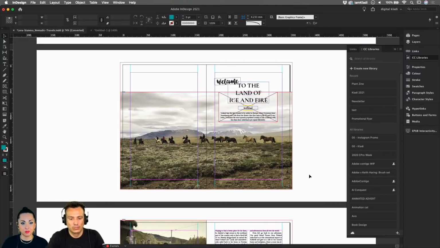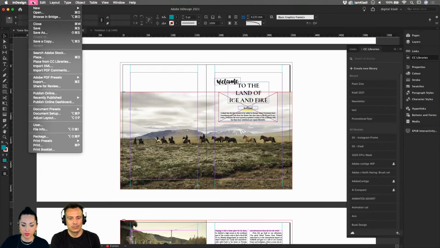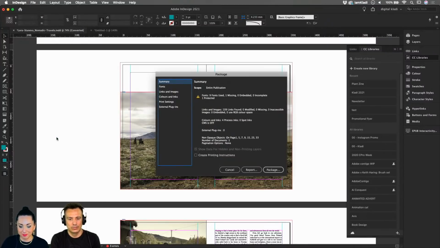And then another thing that I wanted to tackle regarding the images is that the first thing that I had to do is relink them. So Laura has created a package, which is a thumbs up on that. In order to create a package, we went over that in another rework, and I'm just going to mention it real quick. Simply click on File and then Package, or you have the long shortcut, which is Shift Option Command P, in order to access the packaging dialog box.